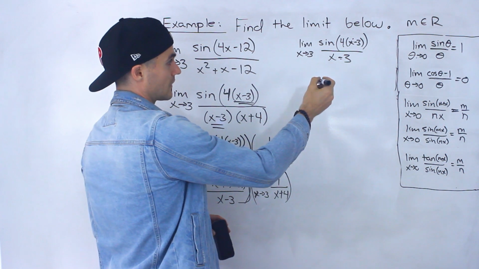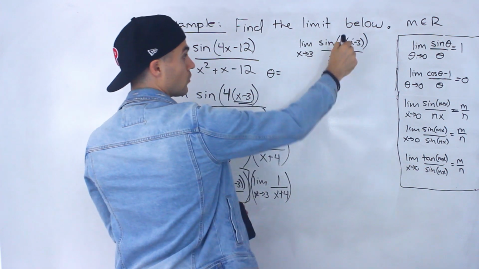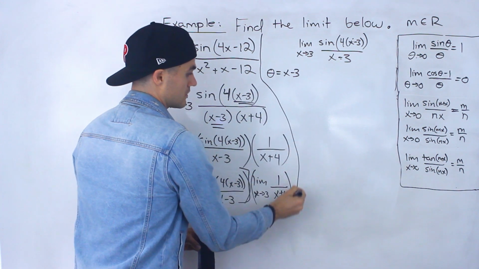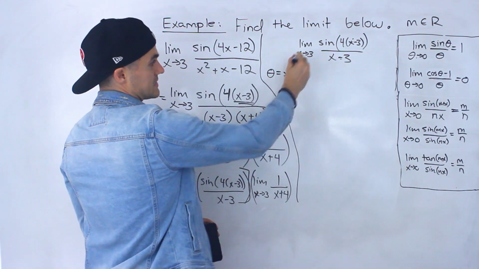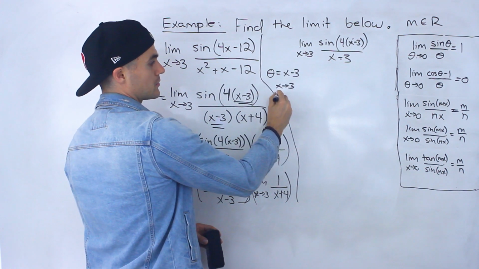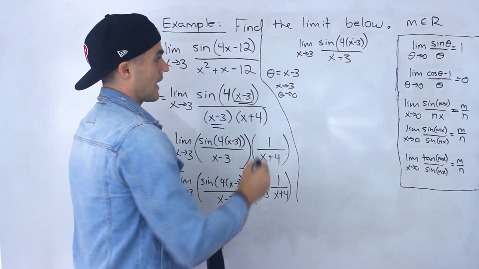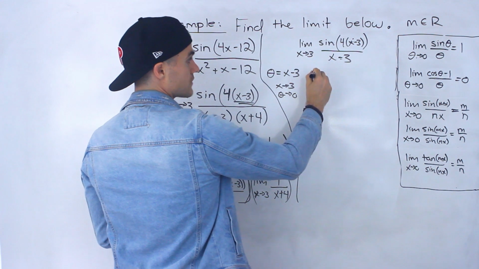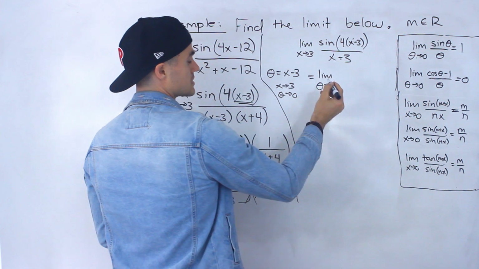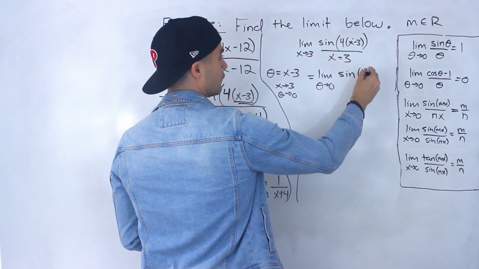So as we did in the previous example, notice that we have the same factor in both of these. And so what we can do is let theta, bringing in a new variable, equal that factor, x minus 3. And notice how as x approaches 3, theta is going to approach 0, because we're going to have 3 minus 3. So that theta is going to approach 0. And so if we do all the substitutions, we'll end up with the limit as theta approaches 0 of sine of 4 theta